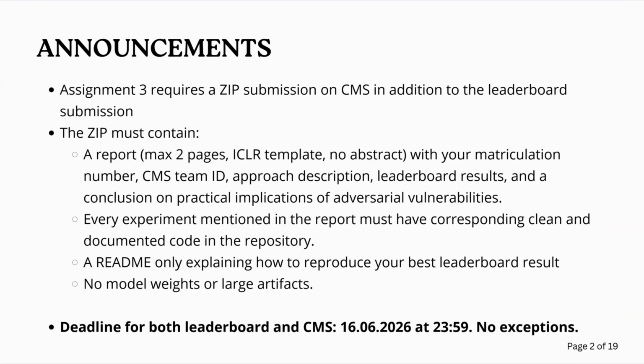Assignment 3 also requires you to submit a zip submission on CMS in addition to the leaderboard submission. Similar to assignment 2, your zip file must contain a report with maximum 2 pages in the ICLR template that is already present in the task description. We do not require any abstract. Make sure you add your and your teammates'